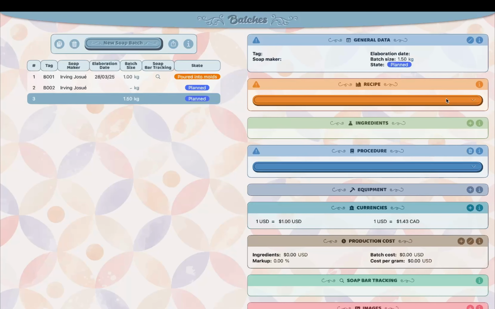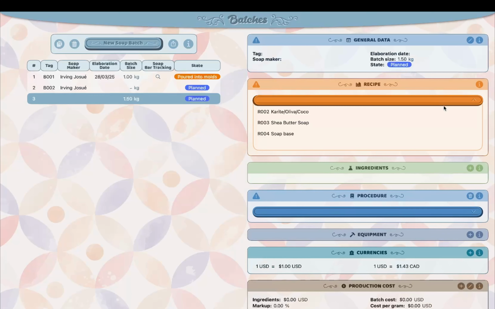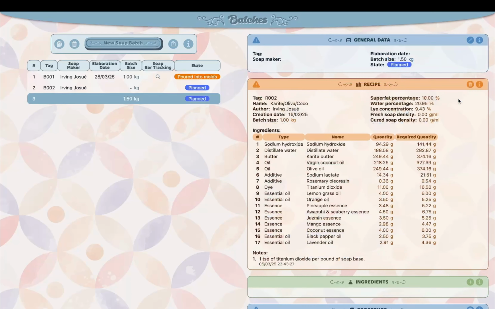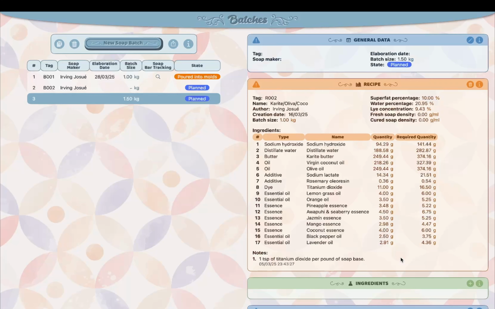In the Recipe section, select from previously registered recipes in the drop-down list. Once chosen, the recipe's general data, ingredients with their quantities, both original and batch-scaled, and notes will automatically appear. Note that any later modifications to the original recipe won't affect the already selected batch recipe, preserving the exact recipe used